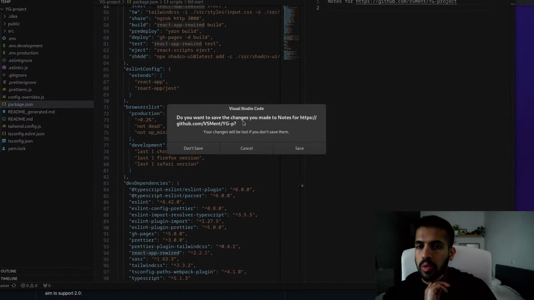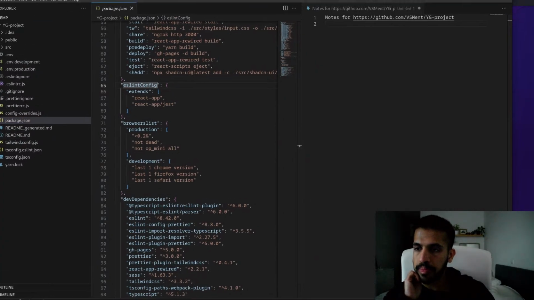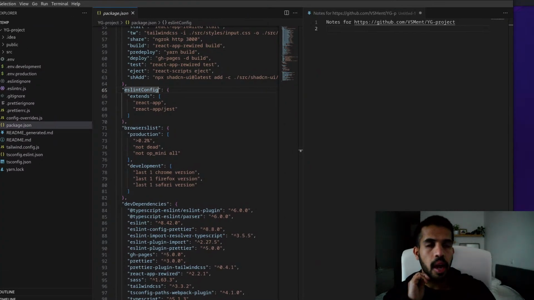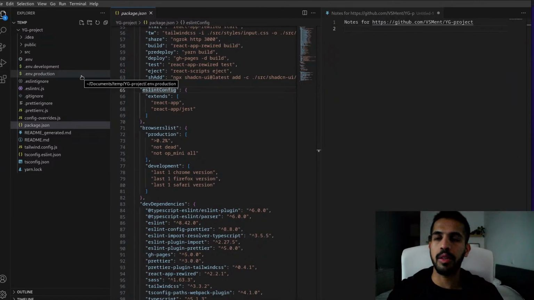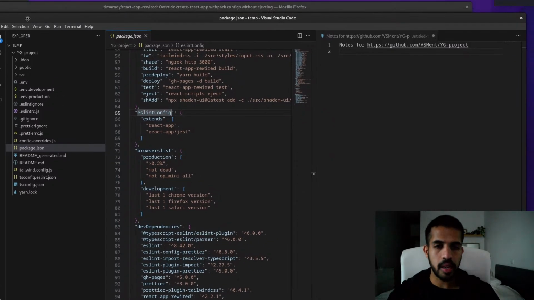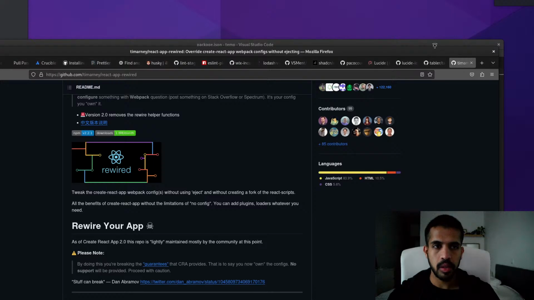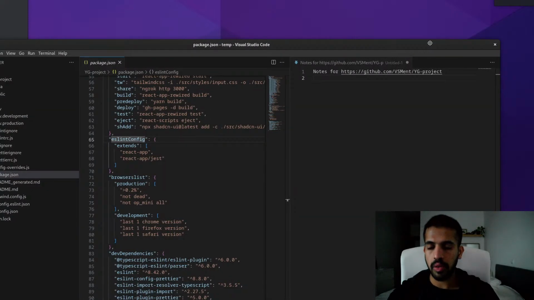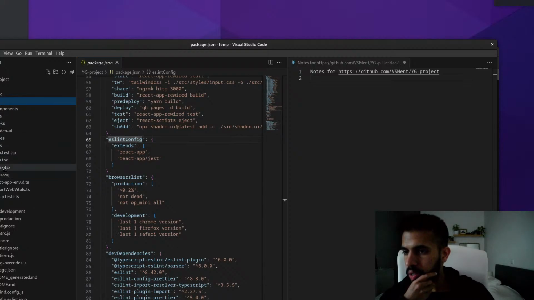So let me try to scan. No, I want to close this. I keep shuffling the windows around because the camera is in the way and I can't really see parts of the window when I have it like this. So I'm moving it up and down because of that. I would try to move it to a place where I can keep it in one place so that I don't keep shuffling it around. All right, so let's dive into this.